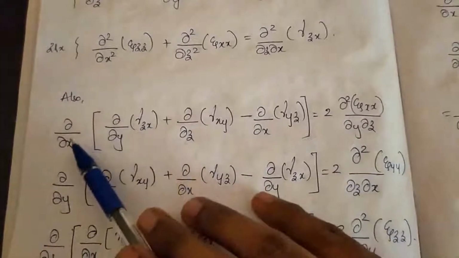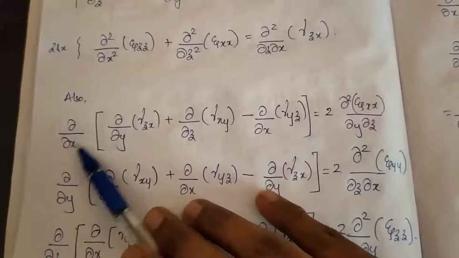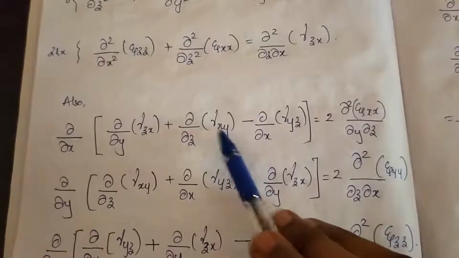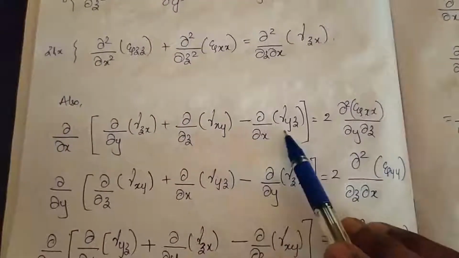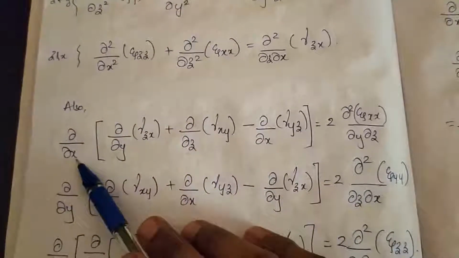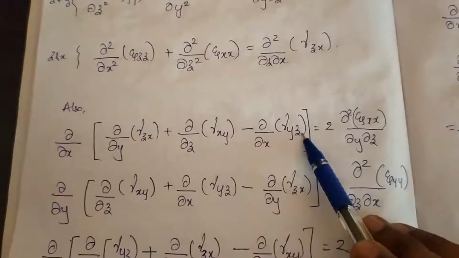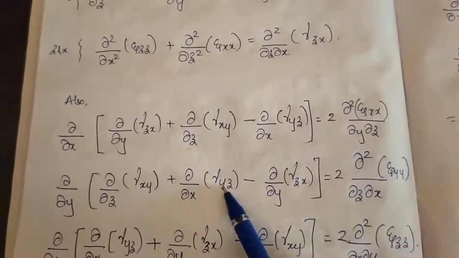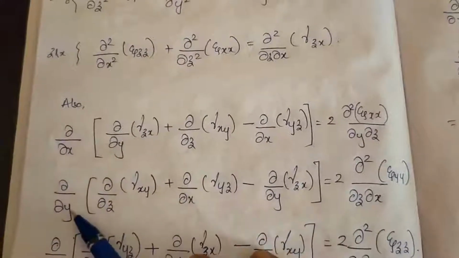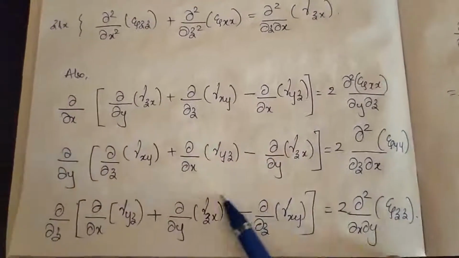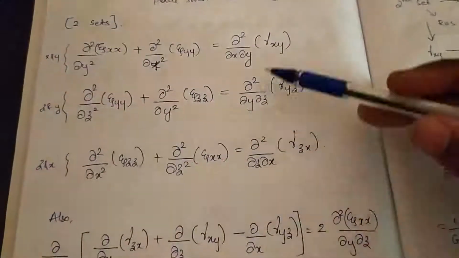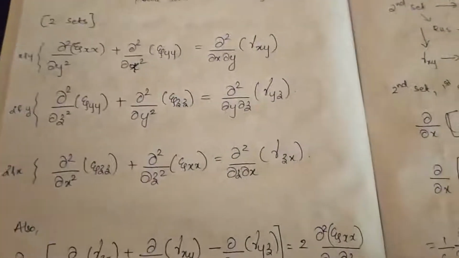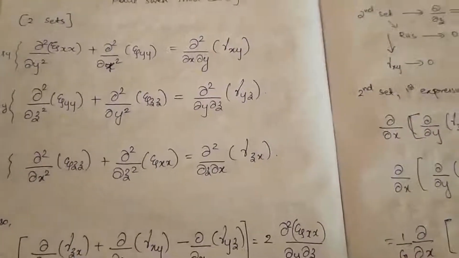And now you first apply the terms with x, zx and xy, okay, with x, and minus the term which is not having this term, that is x. So yz should be minus. Okay, similarly for y, you add the y terms of shear and minus the term which is not having y. Okay, so these are the two sets of compatibility conditions that you have already learned from the last portion of your module 1.